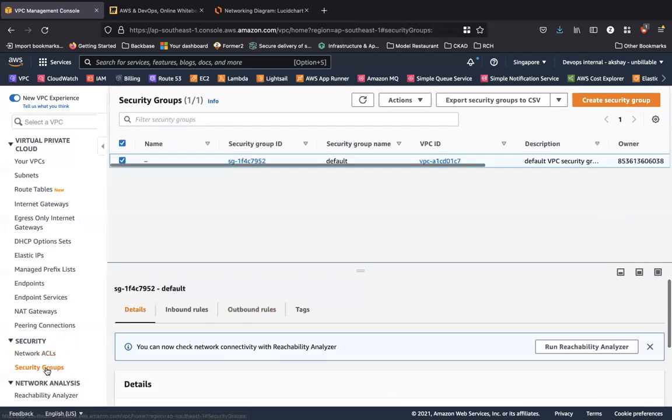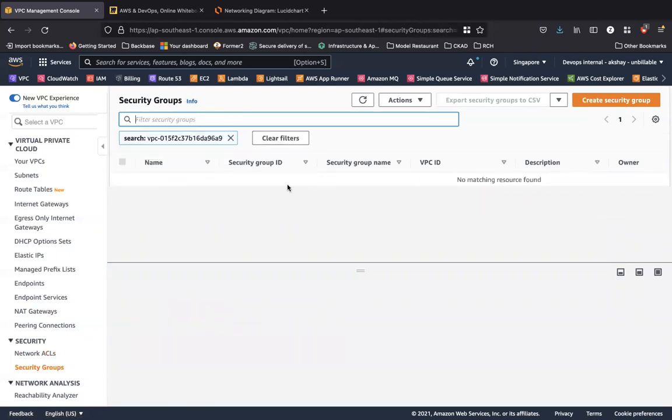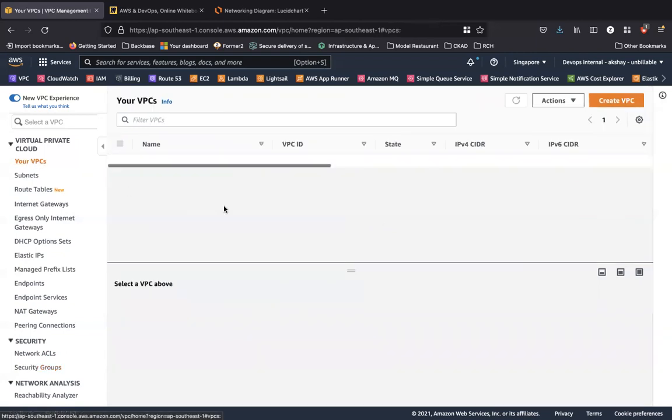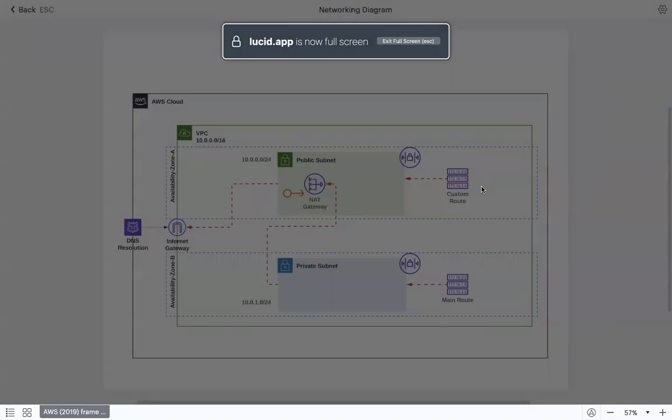And the launch VPC wizard has also created a security group for us. Probably I don't see one. Okay, that's great. So it has not created a security group for us. We only have the default security group still. So the launch VPC wizard does not create a security group for us. Right now we saw all the resources as part of the launch VPC wizard of creating a public and private subnet architecture. Let's go back to our diagram and revise this one more time.